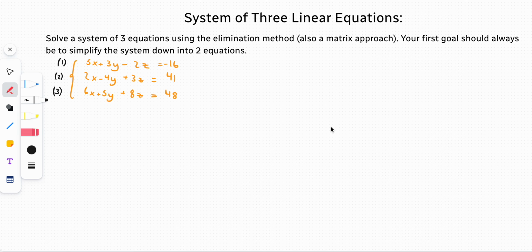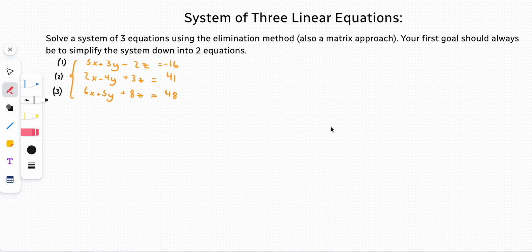Back to my channel. In today's video, I'm going to be teaching you how to solve a system of 3 equations using the elimination method. You should note there's also a matrix approach to this, but I'm going to be making a separate video on that. Alright, so when you're using elimination, your first goal should always be to simplify your system of 3 equations